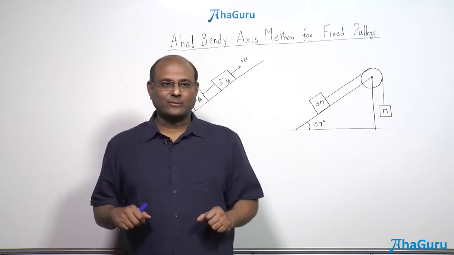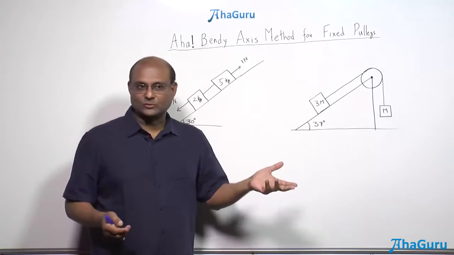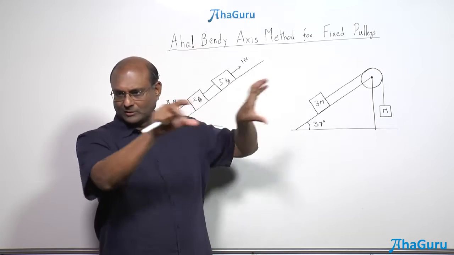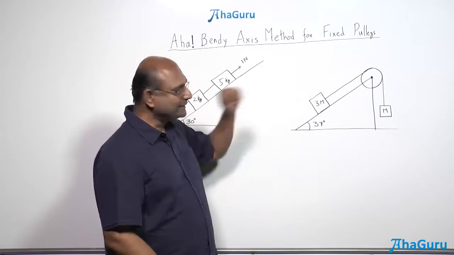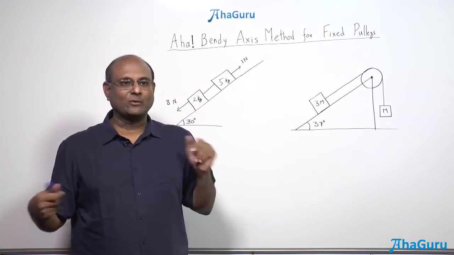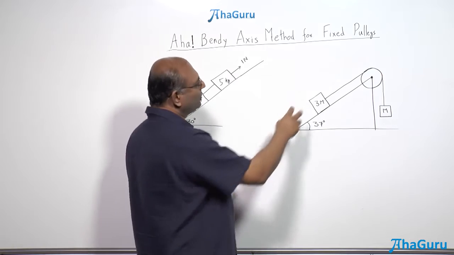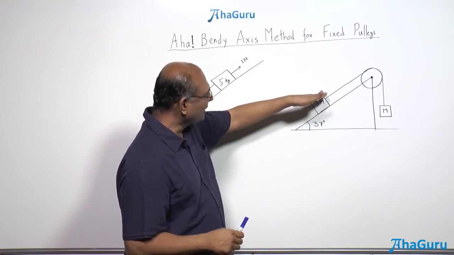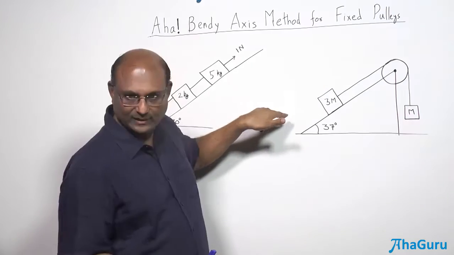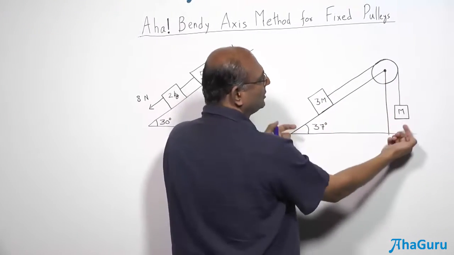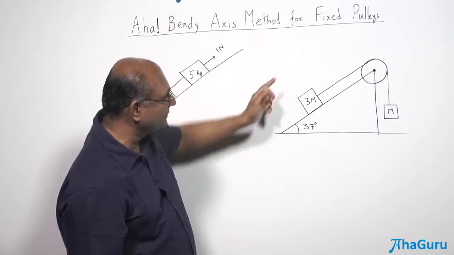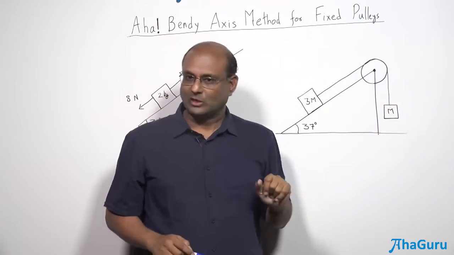Okay, so you saw how to use Newton's laws along axes to solve problems where the blocks are vertical or moving horizontally. Now let us take a case like this, because obviously that's not the only case you're going to face. You're going to look at cases where the block is on an inclined plane. So that means this block is going to come down like this, and that block is also going to come along, let us say, this way. Now we have to check whether it's going to move this way or that way. We will learn how to solve this problem.